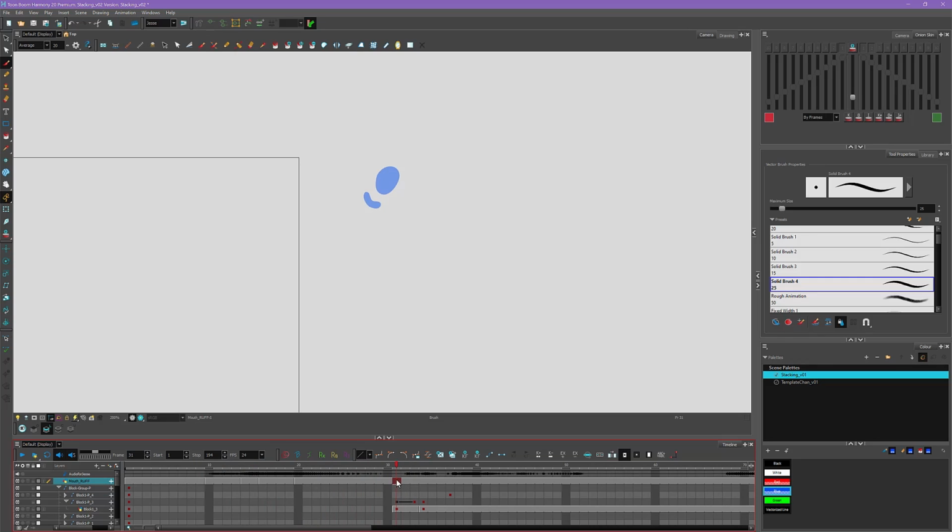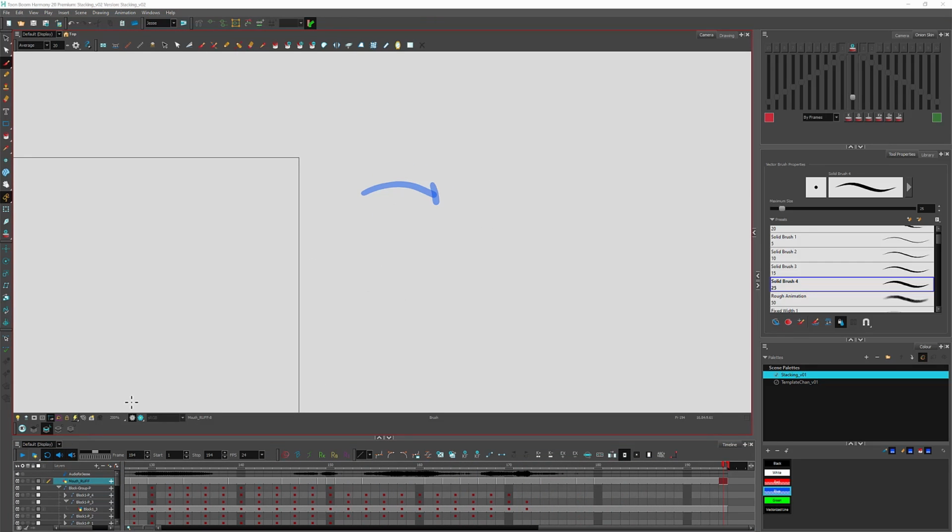And then anytime I want to reuse a mouth that I've already drawn, I don't have to redraw it. I can just use my bracket keys to cycle through the drawings I've already drawn and just go back to that S mouth shape, just like that. And I'll just go through and I'll animate my lip sync just like this, drawing every mouth shape depending on what sound I hear. So let's go through our entire audio and just draw our different mouth shapes where they need to be. Alright, so now I've got my lip sync all roughed in and it looks like this.